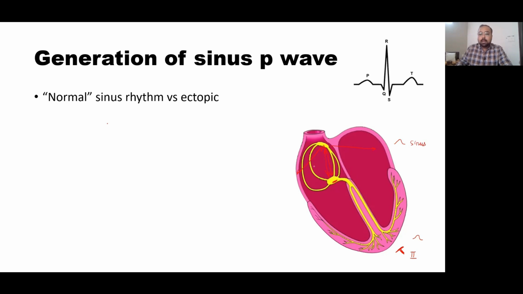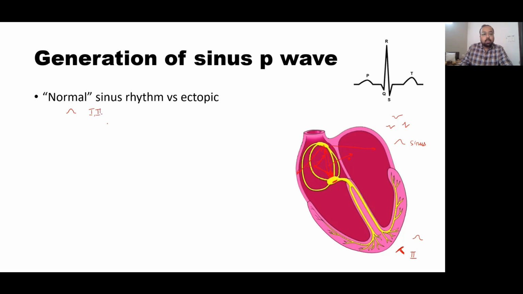Now, assume that the atrial focus for pacemaker changes. This happens when there is an increased automaticity, so that various foci on the atrial myocardium take up the role of pacemaker. So if there is an ectopic focus of depolarization, the direction and the duration of depolarization change, and the rest of the atrium also gets depolarized in an aberrant way. So this leads to a change in the morphology of a P wave, which could be something like this or this or this.